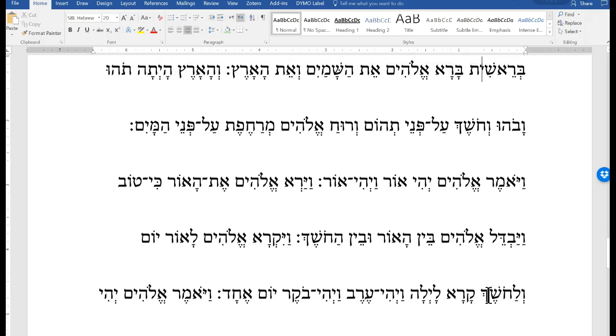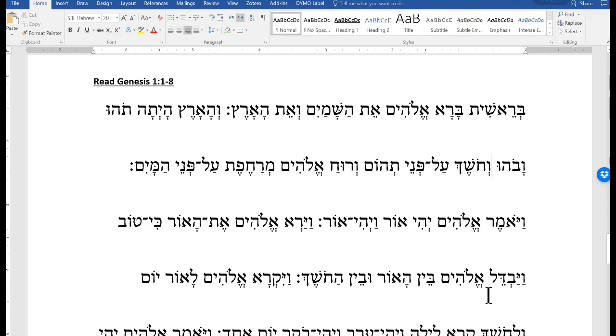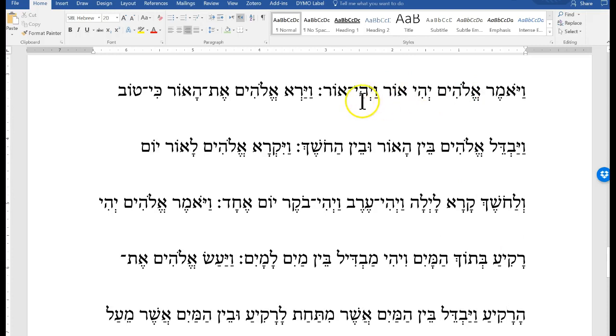And that's going to say, in beginning, Elohim created the dual heavens, the heavens and the earth was without form and void, and darkness was on the faces of the deep, and the Ruach Elohim was lovingly hovering over, and that's a piel, so intensely hovering over the faces of the water. And Elohim said, let there be light, and there was light, and God saw the light, that it was good,